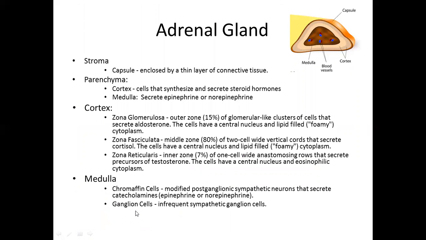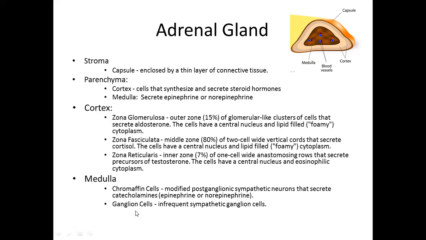Now, the last gland which we have to discuss is the adrenal gland. As the name indicates, it is a gland which is near the kidney. The proper anatomical position has been discussed in your anatomy class. If we talk about the stromal content, again, it is covered by a comparatively thin capsule, and branches penetrate through the capsule inside the gland, with which the blood vessels travel inside.